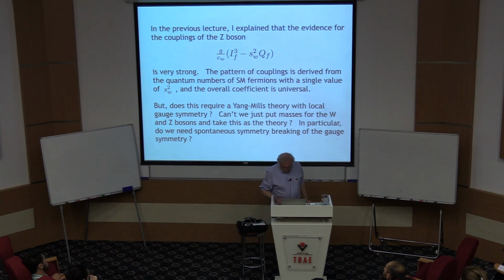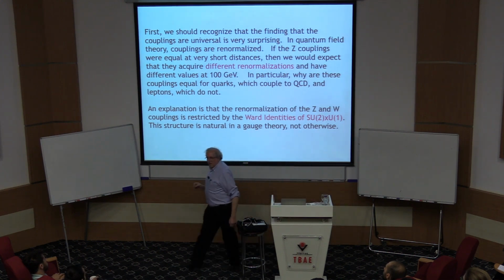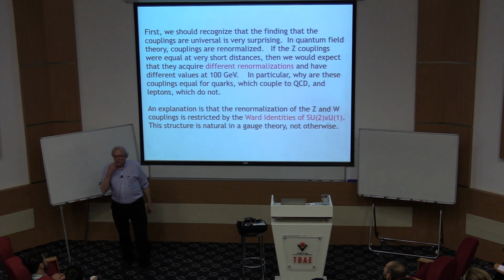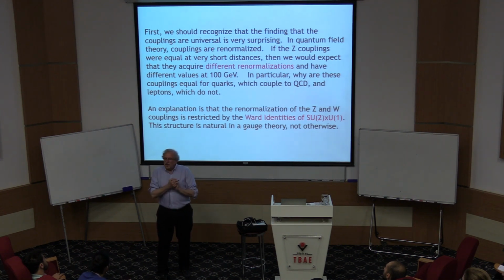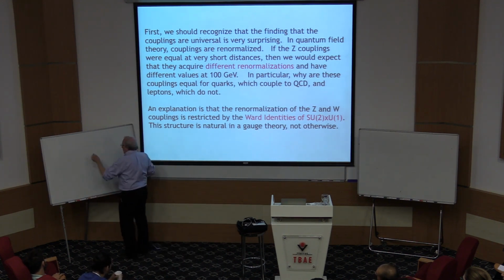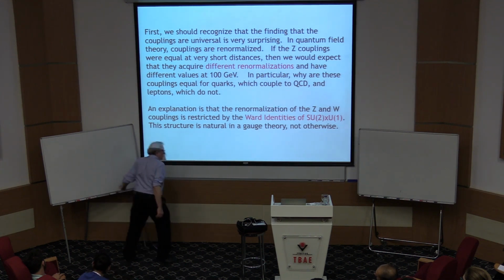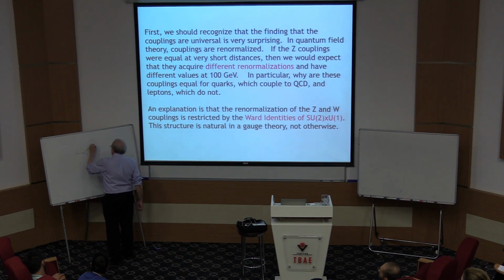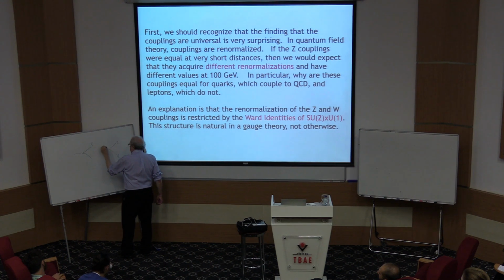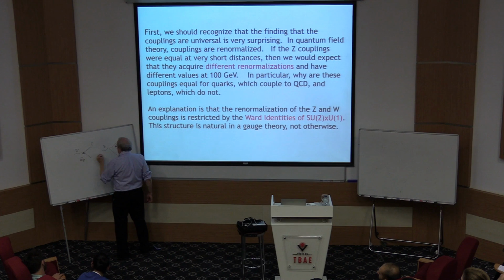So let's talk about that a little. First of all, there is just something in the universality of couplings which requires that you take the gauge theory structure seriously. And this is because coupling constants in quantum field theory are renormalized. You can have two coupling constants that are equal, you set them equal, but then if you evaluate them at a different momentum scale, they could become separated. So for example, if I have a lepton and a quark that couple to the Z, and I write the formula for QZ at this vertex,